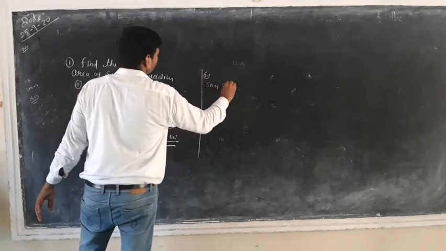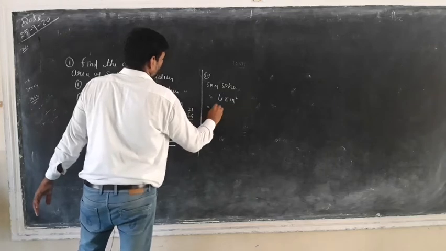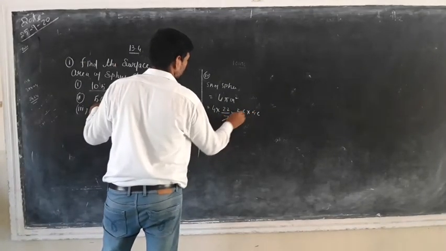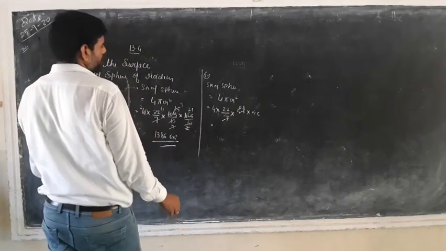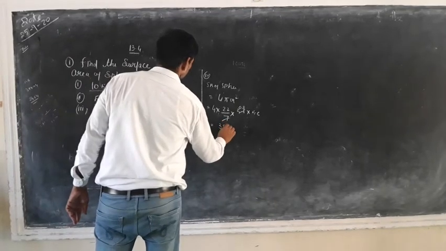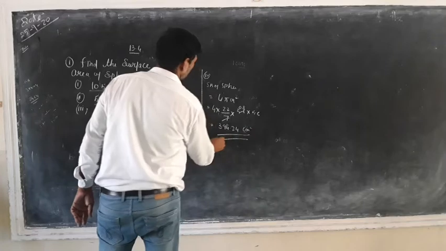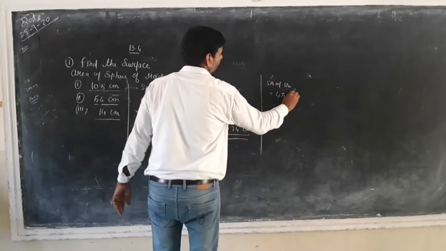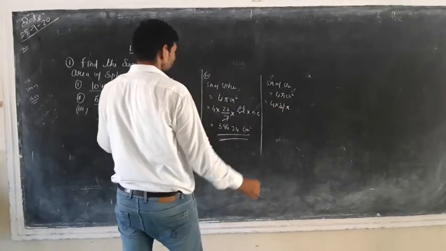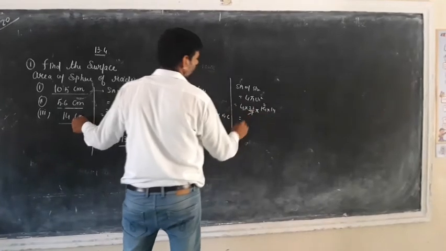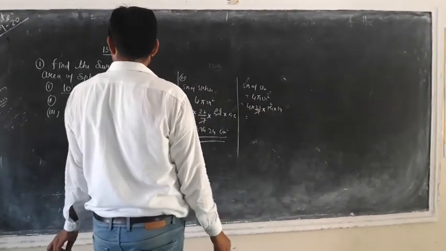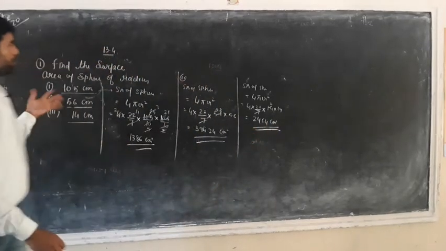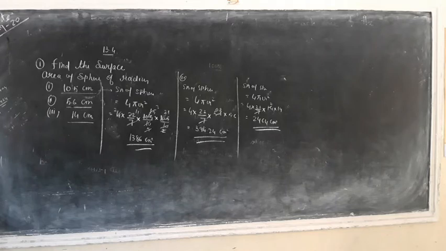Surface area of a sphere is equal to 4πr², 4 into 22/7. In the given question, the radius will be 5.6 into 5.6, 7 8s are 56, then multiply, so we get 394.24 cm². Okay, the third question, the radius will be 14 cm, so the surface area of a sphere is equal to 4πr², 4 into 22/7, radius 14 into 14. 7 2s are 14, 4 2s are 8, 8 2s are 16, 8 2s are 176, 176 into 14 is equal to 2464 cm². Okay, very simple question, you just had to put in the values.